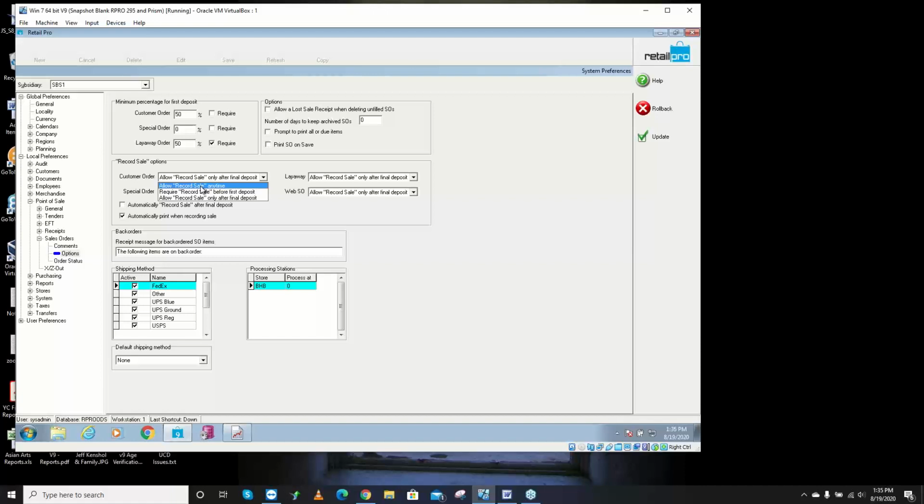Then he would come back after delivering it, post the check to the special order, which then zeroes it out because you've already made the receipt. You just got a little balance due that's left, and then inactivate it. Boom, done. So it's a pretty flexible process. Anyway, automatically record sale